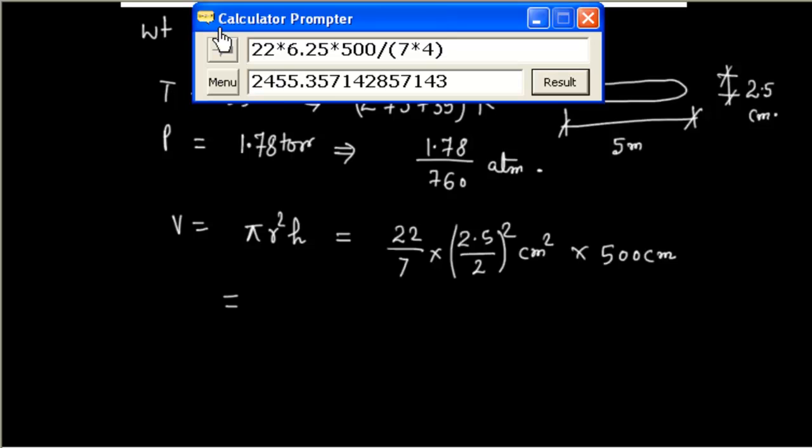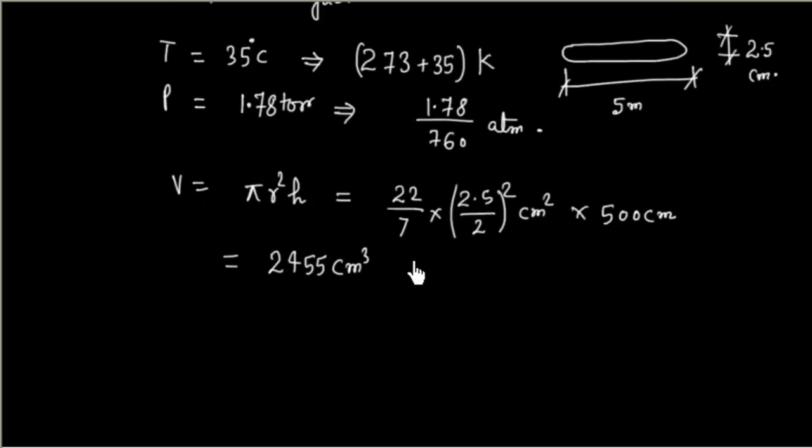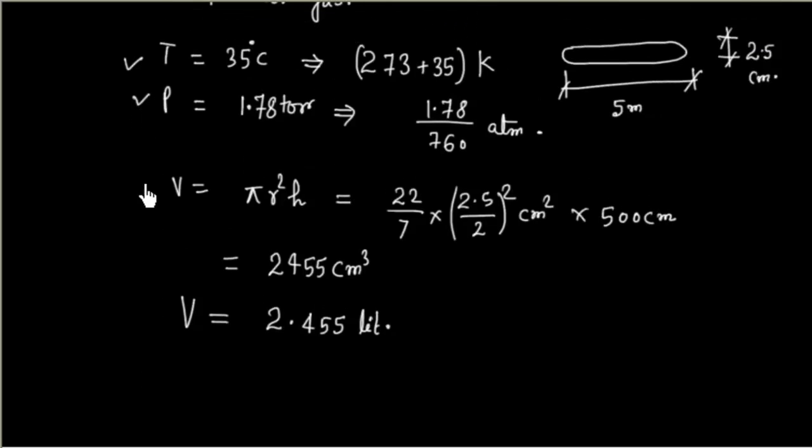So this value comes out to be 2455. Now this is centimeter cube, that is milliliter, so we can convert volume in liter, that is 2.455 liter. So now I know the volume, we know the pressure, we know the temperature, so we can calculate